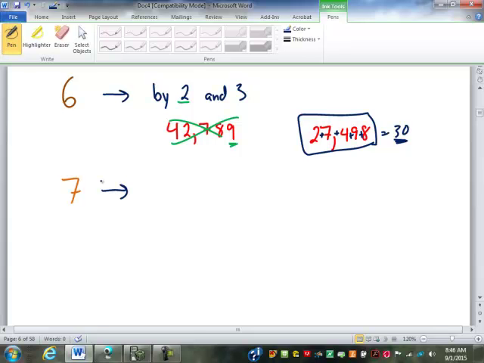7, 14, 21. If you're a Viking fan, that's as high as you ever know how to count. Sorry. Actually, I should be careful. If you're a Viking fan, you know how to count 3, 6, 9. Vikings can count a lot more than that. Anyway,